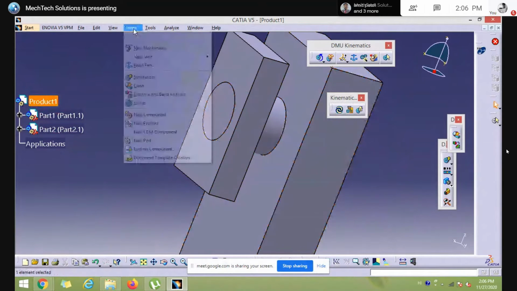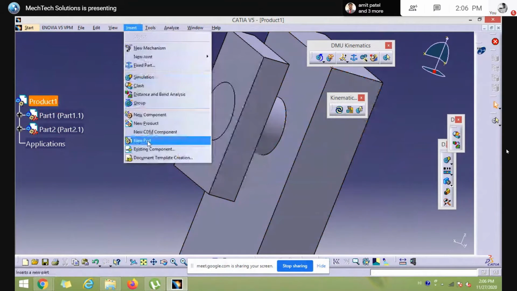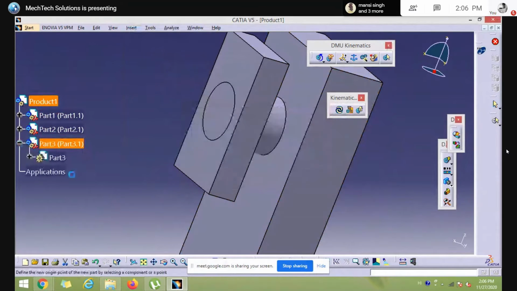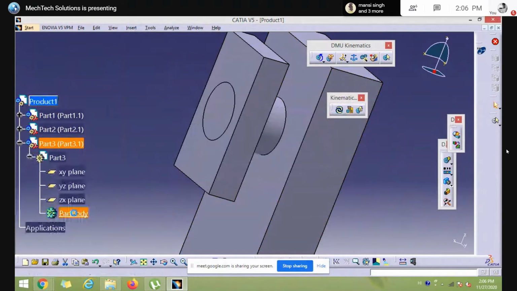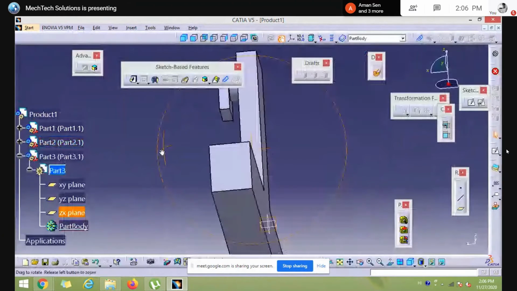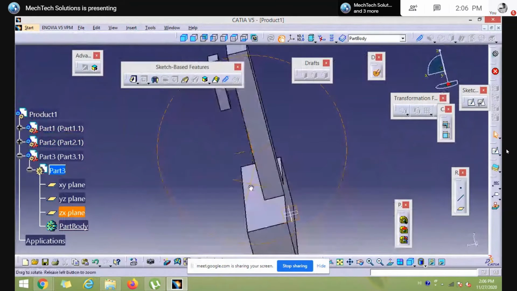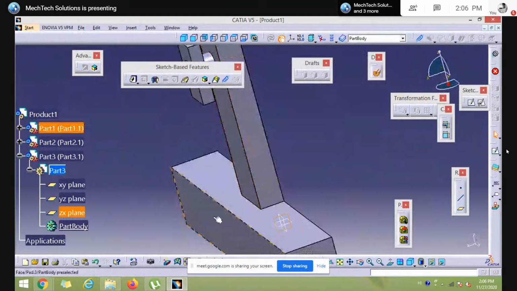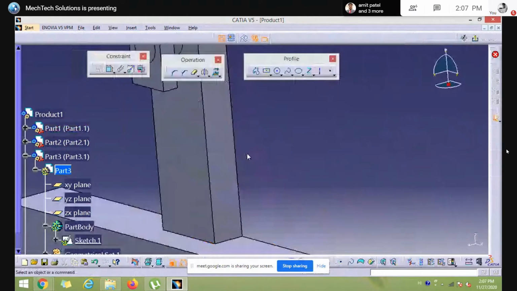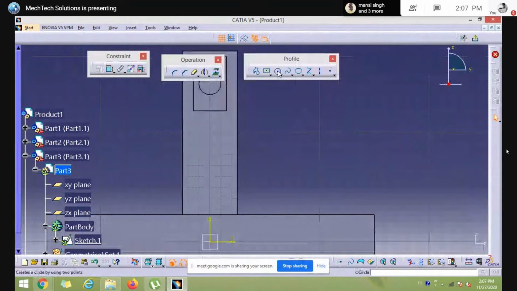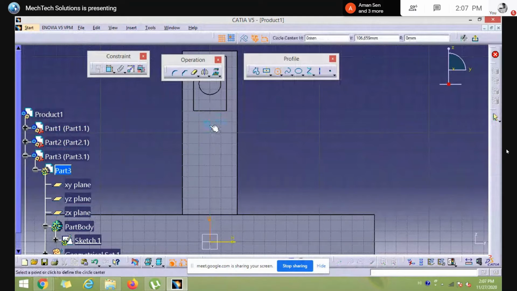So for creating the third part, what do we need? I am using this face for creating the third part as a base part, and here define a center point on that vertical axis anywhere and click here.